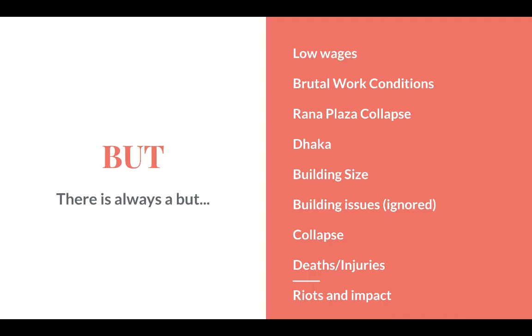1,134 people were killed and 2,500 people were injured. As a result, you actually had strikes and riots by other garment workers in the regions for months. And what it did was explode the faults of worldwide retailers in demanding this fast fashion and the conditions in which people were working. And you can see there's an example of, believe it or not, a secret video of